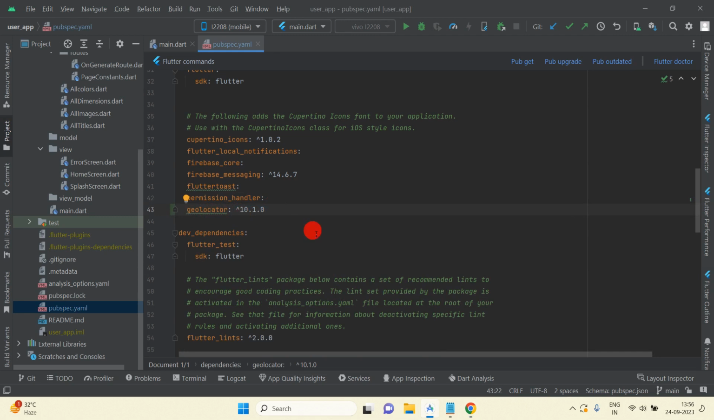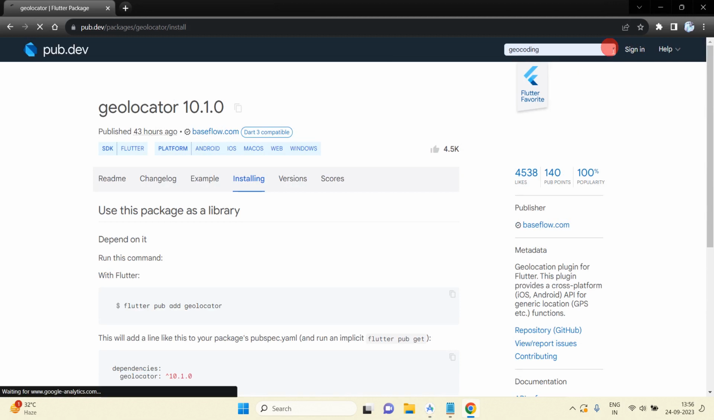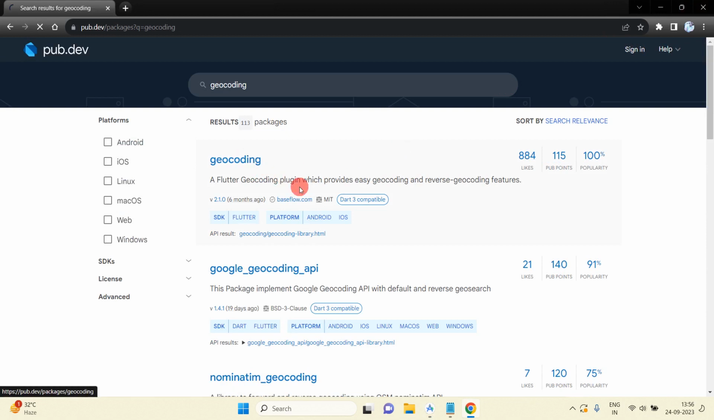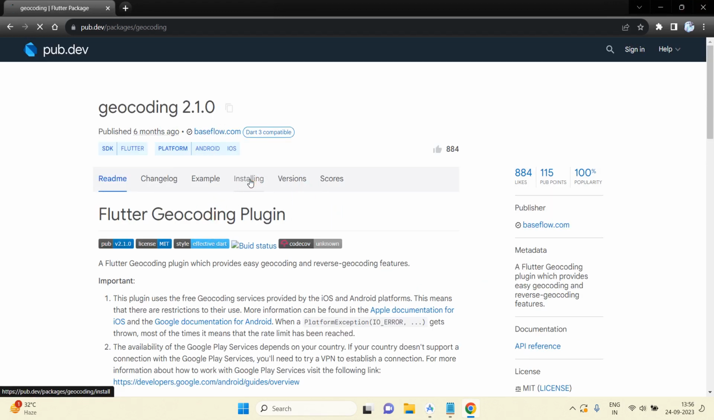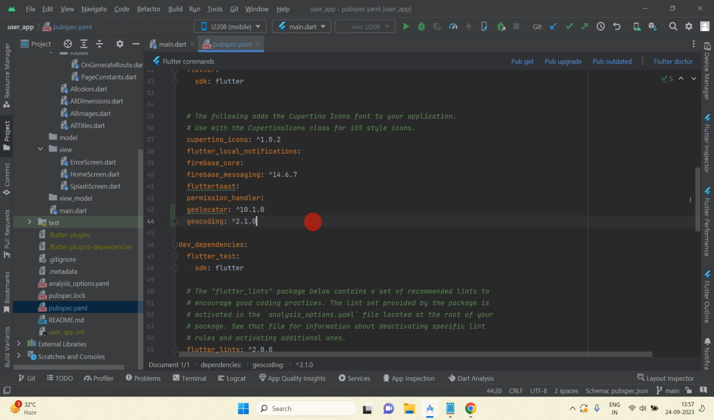Similarly, we will have to add one more dependency. Just search from here. Sorry, that will be the geocoding. So just search this geocoding and then go inside installing option and then copy this and just paste here. Okay, so you need to add these two dependencies here,